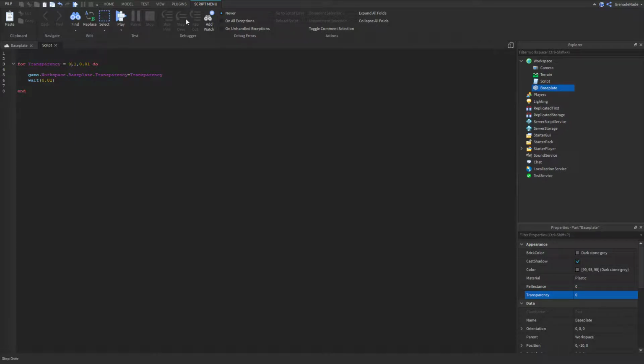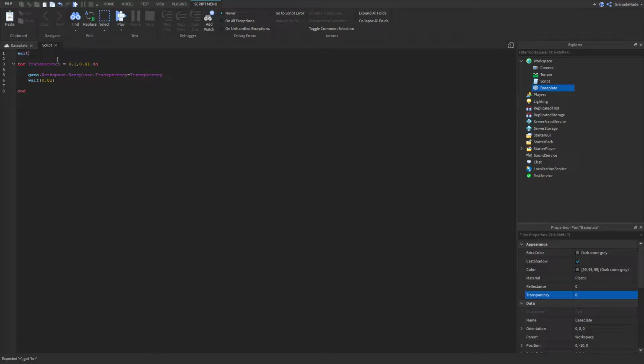Also, if you were doing reverse, say you were going from transparent to not transparent, you would have to add a minus. Because to go from 1 to 0, you're going to a negative number that is more negative than 1, so then you would have to use minus. Now we're not doing that. So if we now do this,